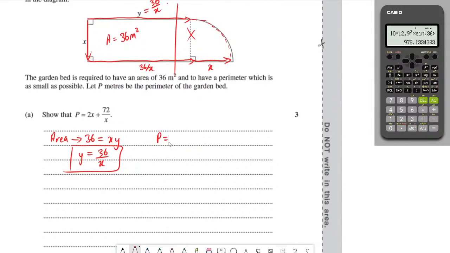So we go perimeter is equal to x plus 2y, where y is equal to 36 on x. And we just add the two together, all of them together. So it's going to be x plus 2 times 36 on x. So the perimeter is going to be equal to